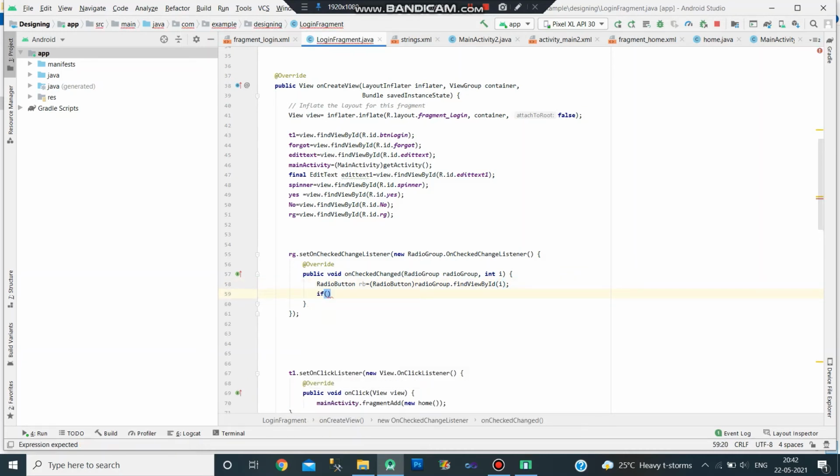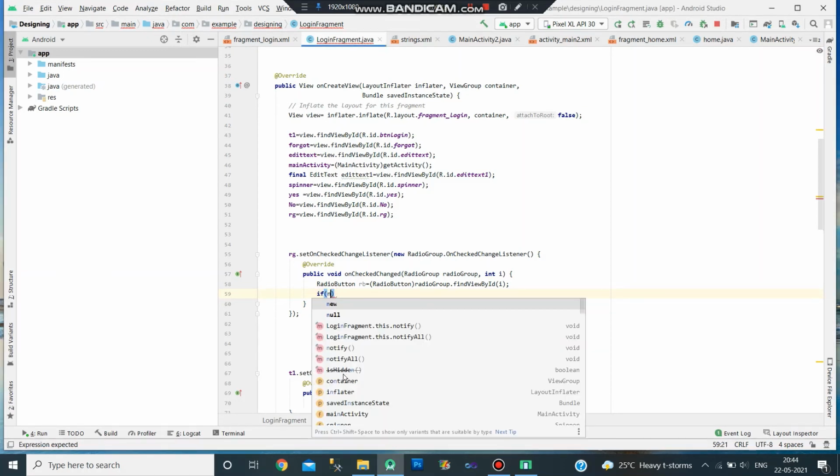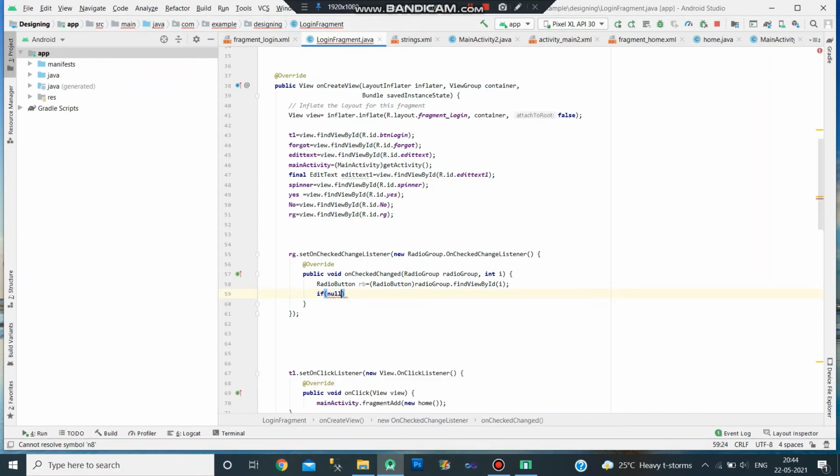If RP is not equal to null... If you have not selected anything, just check RP value not equal to null, then